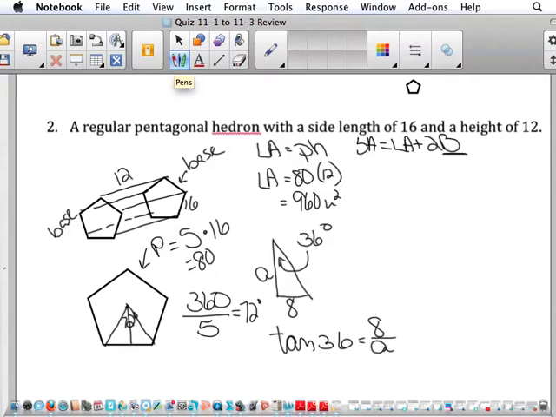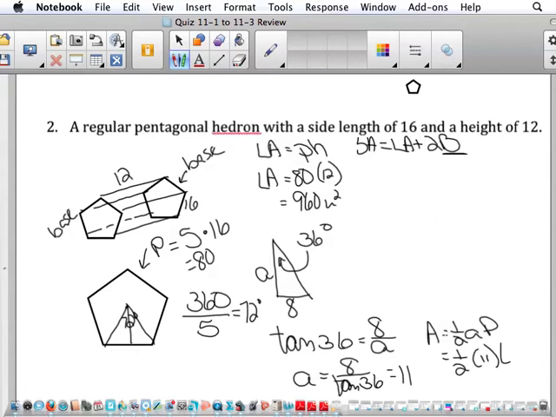Variables down low, they trade places. So a is equal to 8 over tangent of 36. 8 divided by tangent of 36 is 11, so a is approximately equal to 11. Now, I'm still looking for the area of that base, so I have to go to the formula. Area is equal to 1/2 the apothem times the perimeter. So 1/2 times 11 times 80 is going to give me